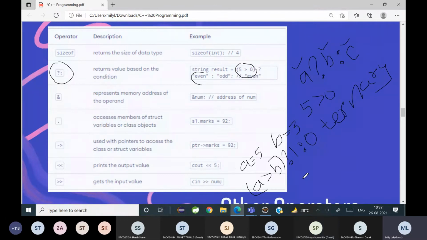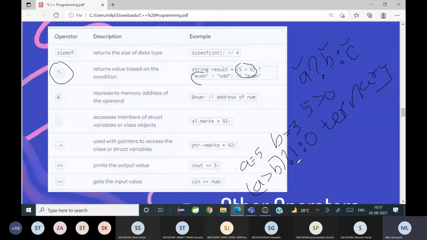You can write anything, right? So I've written: if A greater than B, question mark, return 1, that is true, or return false. So what does that mean? A का value क्या है? 5. B का value क्या है? 3. तो A, greater than B है क्या? Yes ma'am. तो आंसर क्या मिलेगा आपको? 1, true.